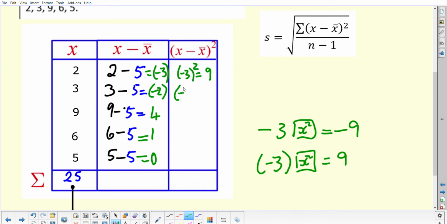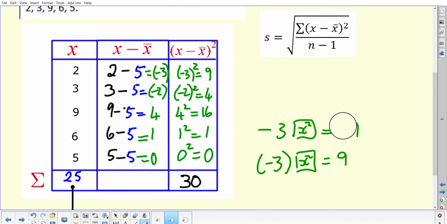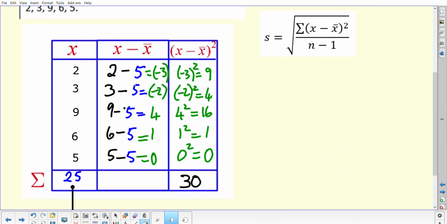Same with -2 squared, that's going to give you +4. 4 squared is going to give you 16. 1 squared, of course, is 1, and 0 squared is just 0. I'm now going to add up all of those numbers, and all of those numbers total to 30. So this number here is going to be the top number when I use the